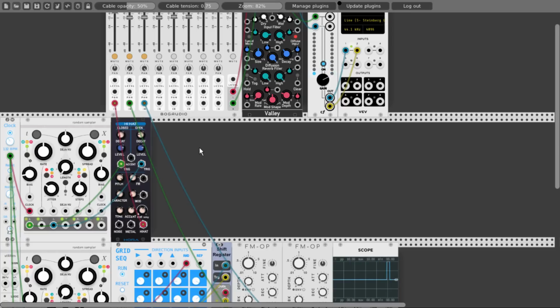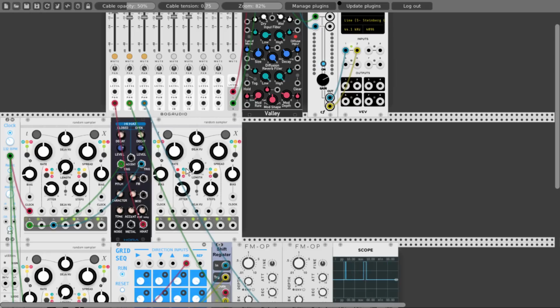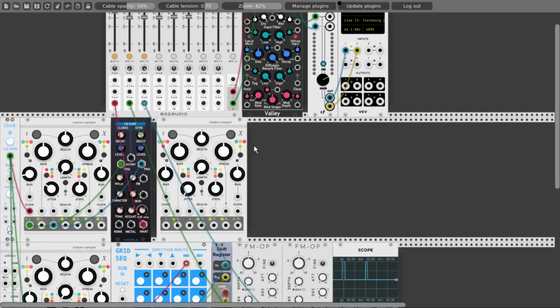Okay, now let's add another Marbles and take a look at the third mode. So I will duplicate this one here. And let's initialize it and change it to mode number 3, the red one. And this mode acts very similar to Grids or Topograph from Valley as we know it in VCV Rack. And again, the T2 output will output the normal steady clock. But with T1 and T3 we can create a sort of a kick and snare patterns, not necessarily just for drums by the way, and with the bias knob we can change those patterns. So again, let's connect it to our clock.